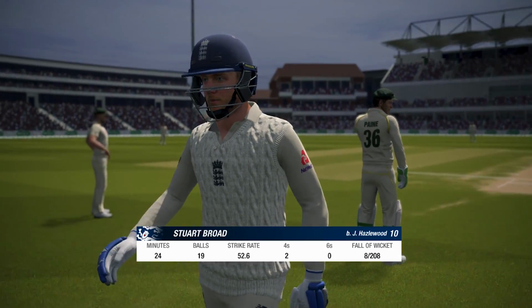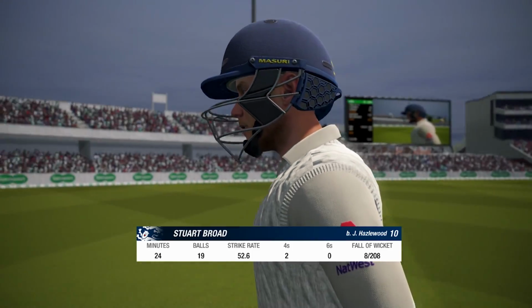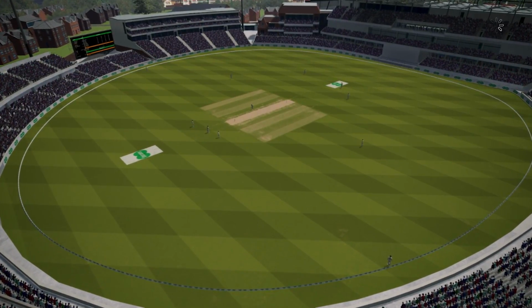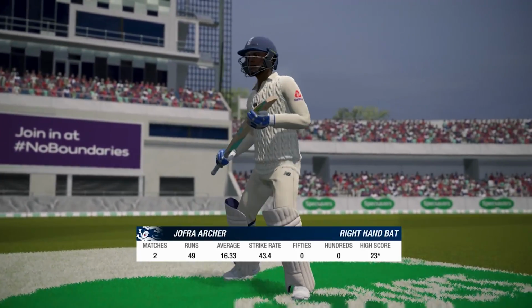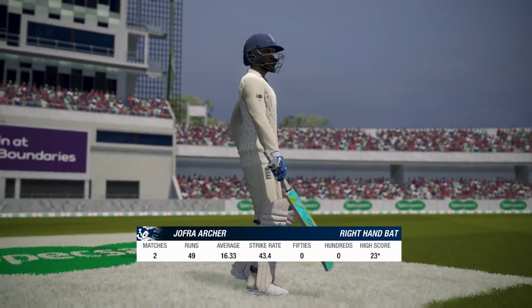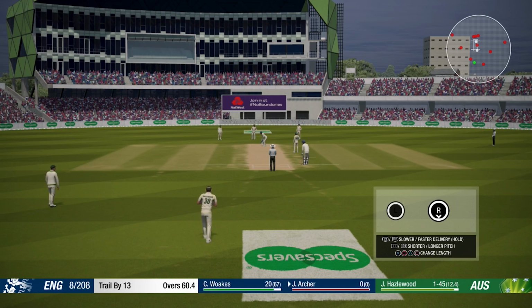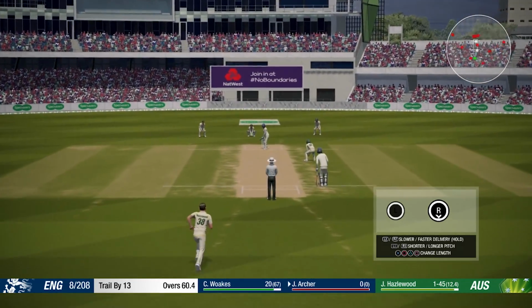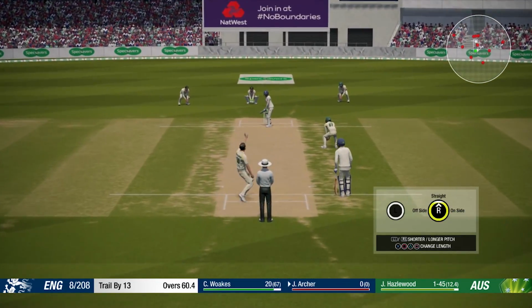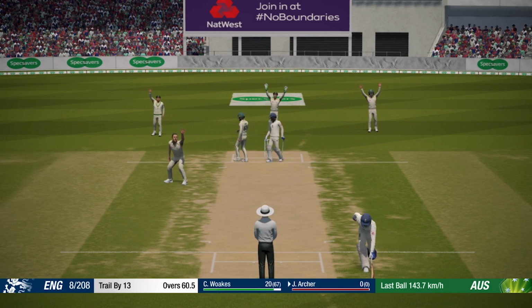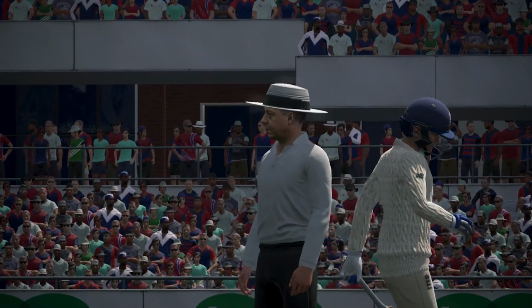England need another 13 runs to just make Australia bat again. Remember, Australia, of course, still have a second innings to bat. So this is quite a demoralising score for the English side so far. Jofra Archer in to the crease. Will Australia even need to bat again if they can get these 2 wickets? A shout straight away, but I think it's going over the top and probably down the leg side as well.